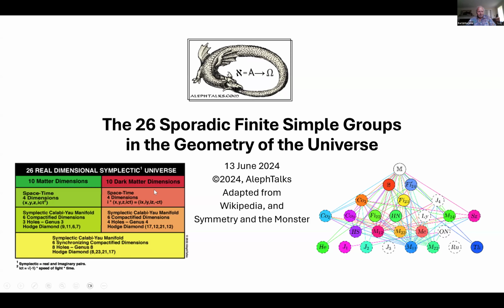So what we're dealing with here, we have our universe over here that's in 26 real dimensions, 10 for matter, 10 for dark matter, and another 6 here. 26 real dimensions. But the thing that's in this is when we study symmetries of groups, and in particular, things